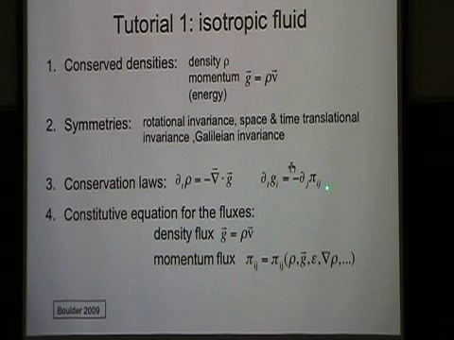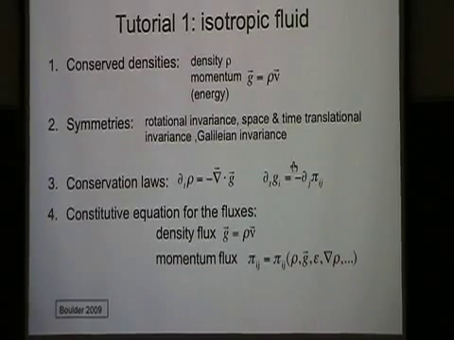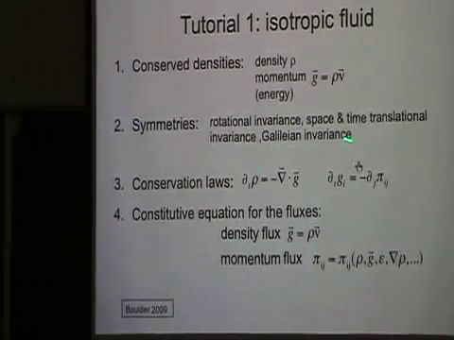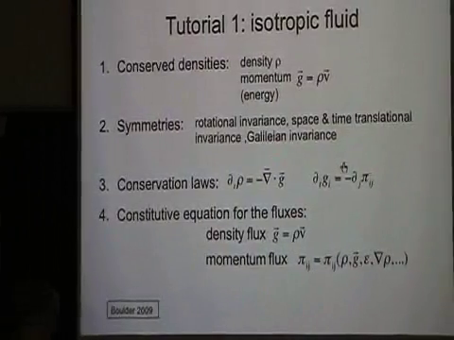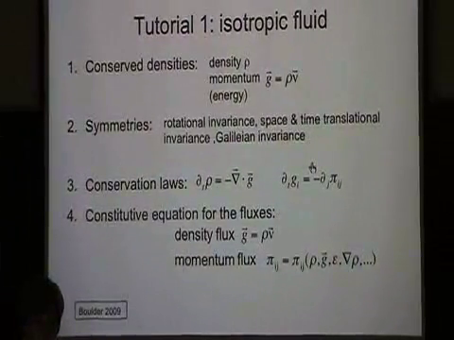In fact, the crucial thing is to figure out how to write expressions for the fluxes in terms of the hydrodynamic fields, the density and the momentum density. Well, for the density equation, it's easy because the density flux is itself a hydrodynamic field. So this is the exact conservation law, which is already closed, and you have to do nothing there. But what you have to do is figure out how to write the momentum flux as a function of density, momentum, energy density, and gradients of these various fields, and close the equation, without making any statement about the microscopic behavior of the system.